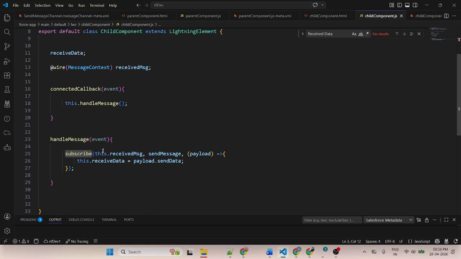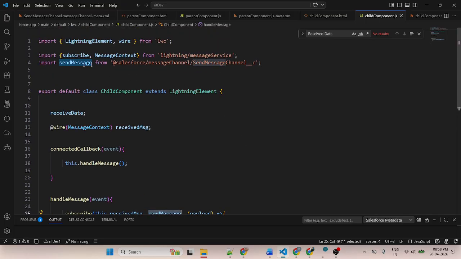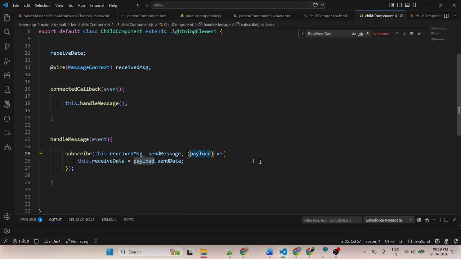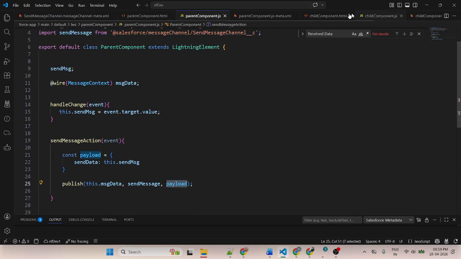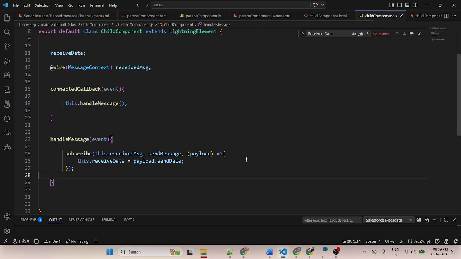This is the receive message, and similarly this is send data, that means you import the file name of the message channel. And this is a payload. Payload comes from the data that is being received. So this is for receiving the data.